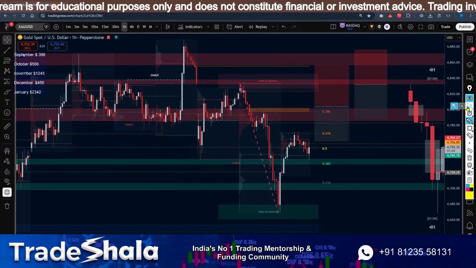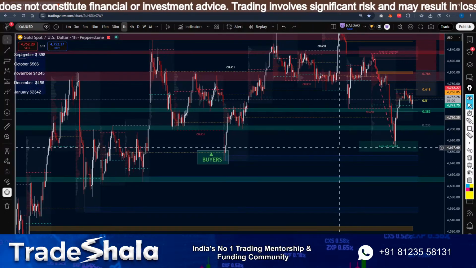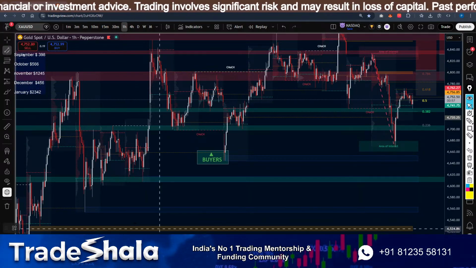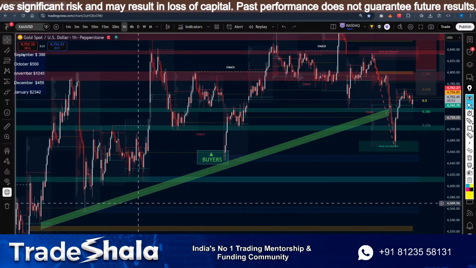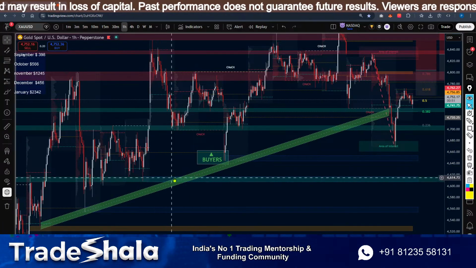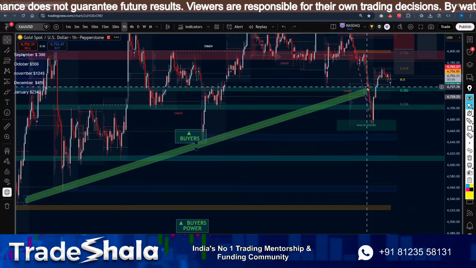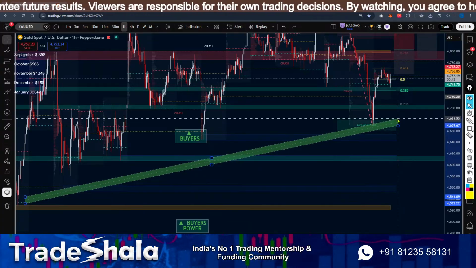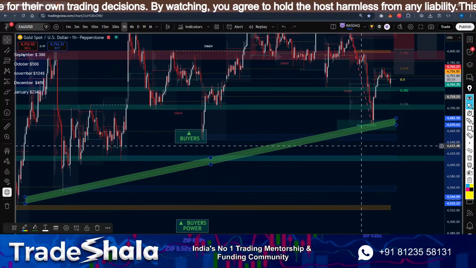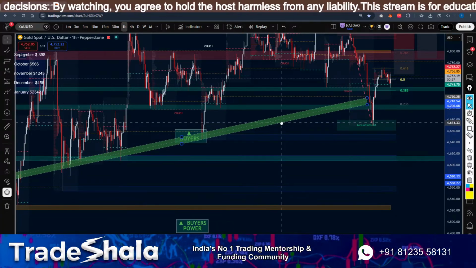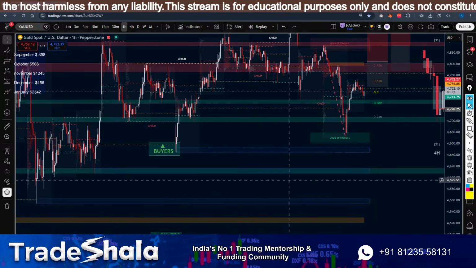Now let's look at the same for buy setups. What kind of setups do we see for buys? Again, I'm marking these levels. I'm going to use certain tools to mark liquidation levels and all that. These were the type of levels that were respected a lot. Marking the entire edge and all that, these levels were respected, and there are a lot of orders being accumulated on the downside over here. The best place for us to buy is when we take out this low and we come till here.